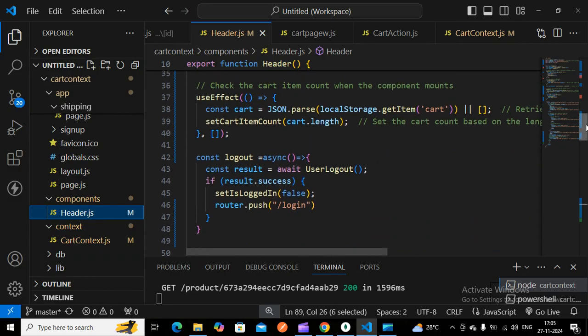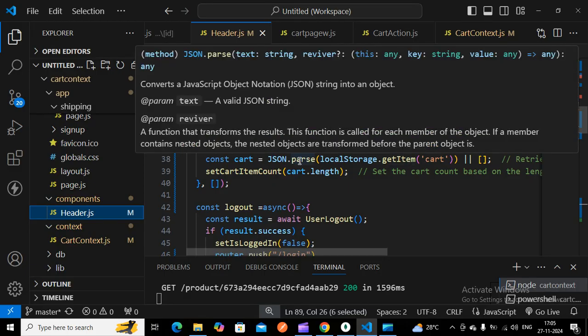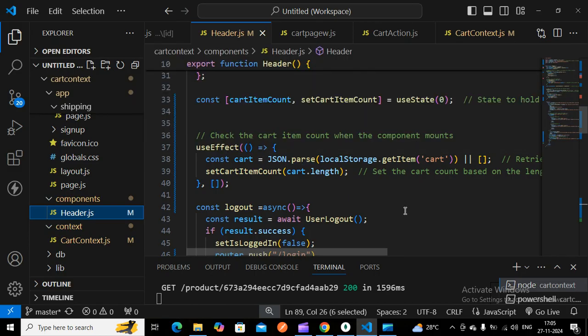For that I have to get the cart from the local storage. I have to parse that list, because we had seen that it was stored using the stringify method, so we have to parse the cart items and store them in the cart.